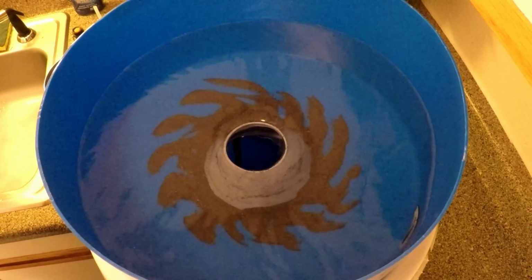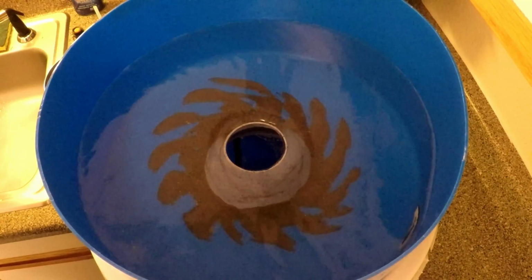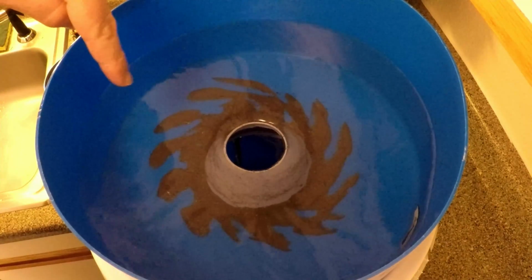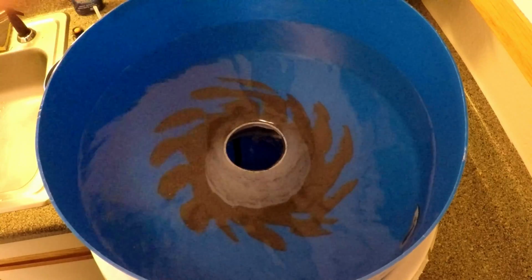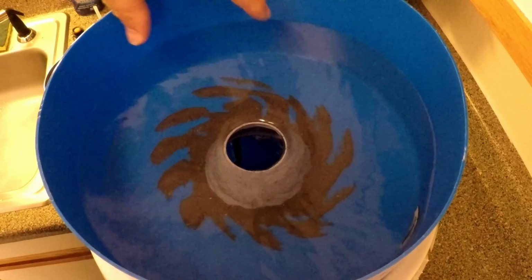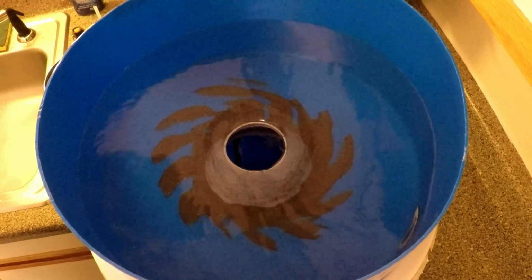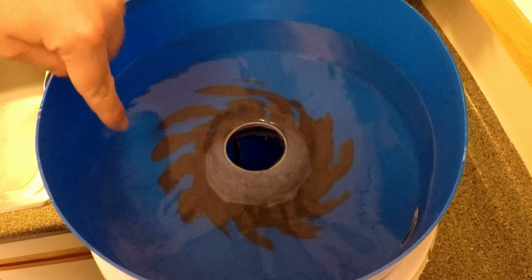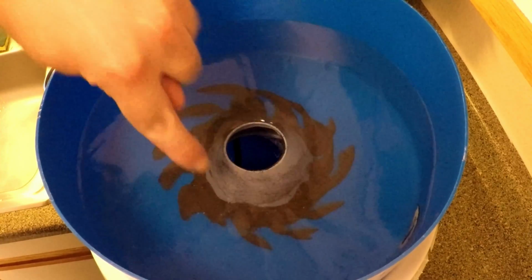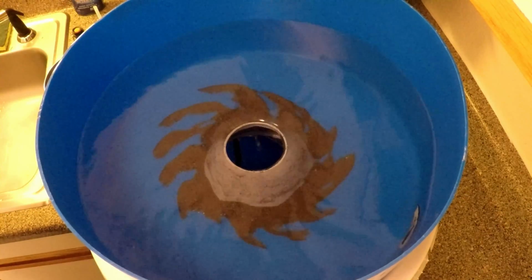Alright guys, sorry this is so loud. It's very echoey in here. So I'm seeing a ton of fine gold. This is kind of a boring process, but at least this does it for you. You can see how it's creating a star shape there. And what it's doing essentially is all your heavies drop out on the outer edge, and they tend to stay there, just like when you're panning. And then all of the lighter material gets swept up into the center, and you can see a little spiral around the funnel, and that sweeps off all of your black sands and everything,